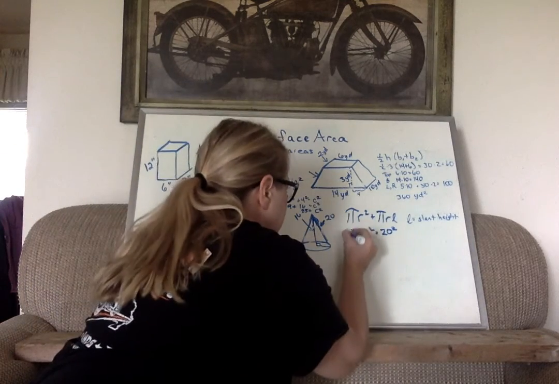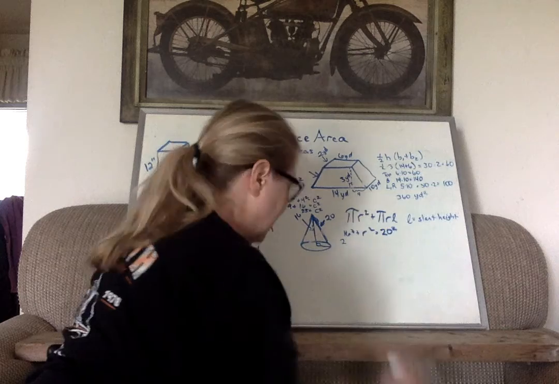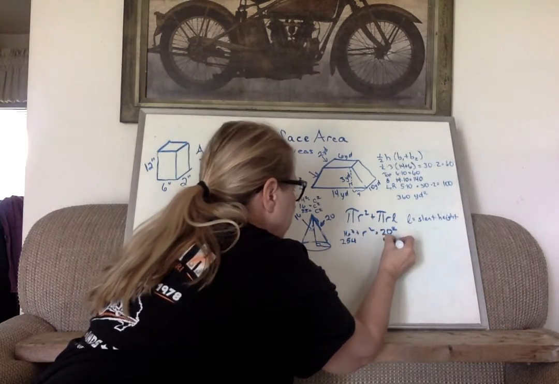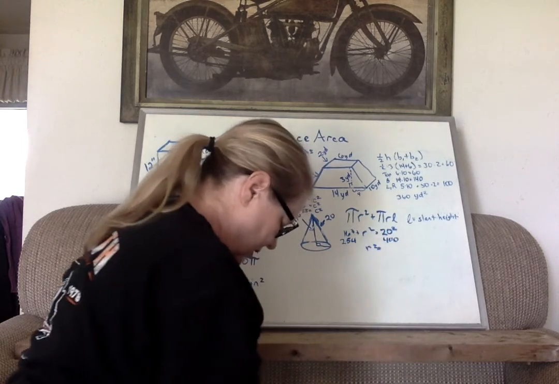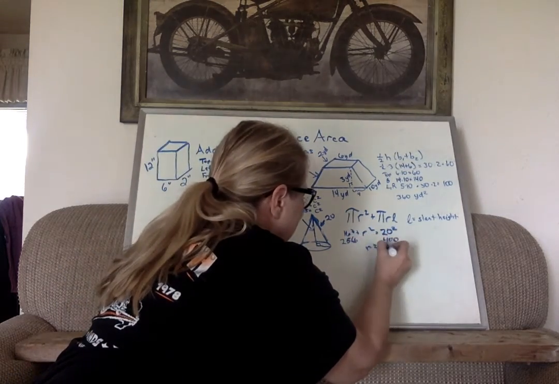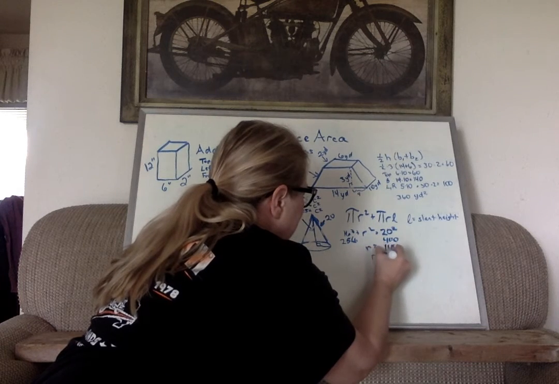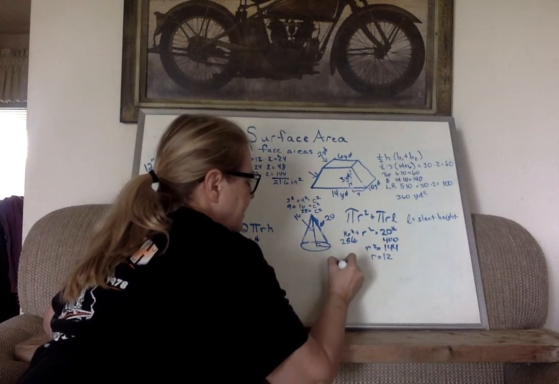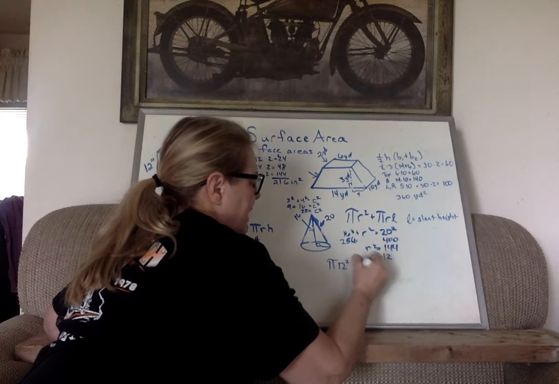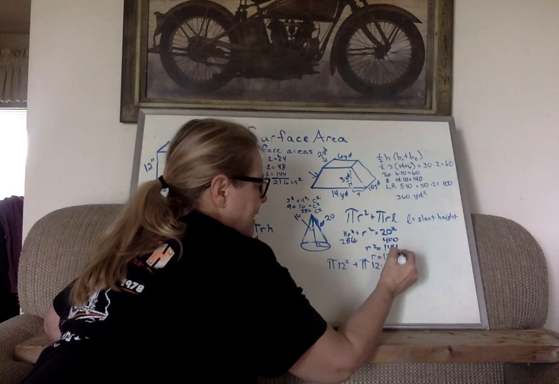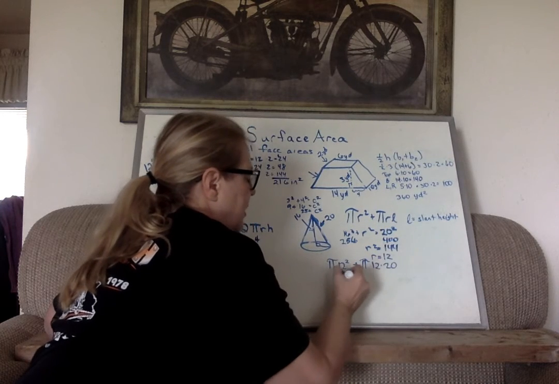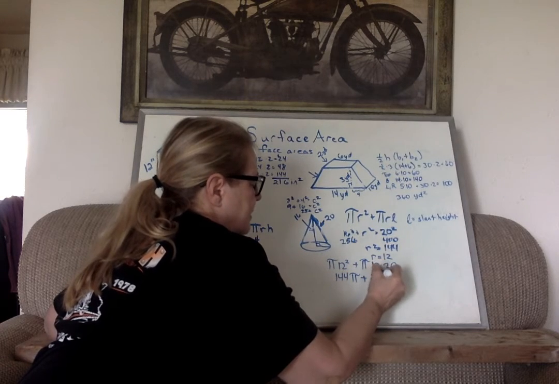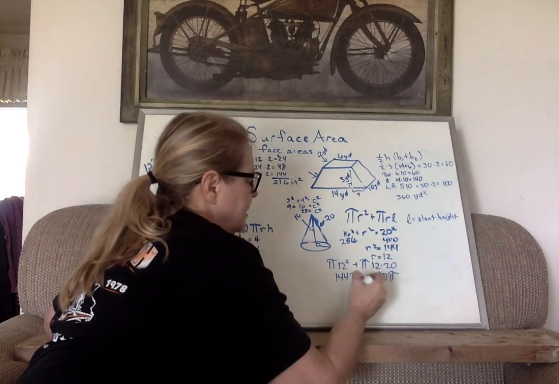16 squared is 256, and 20 squared is 400. So r squared equals 144. The radius is 12. Once you have that, pi times 12 squared plus pi times 12 times slant height, which is 20. 12 squared, 12 times 20. Add them together,